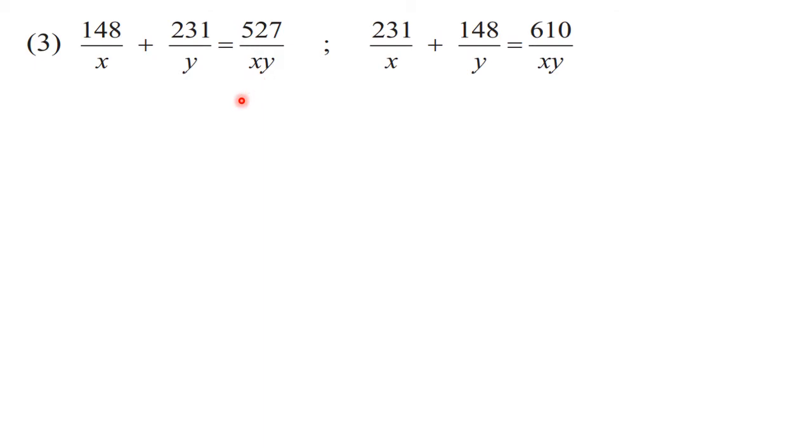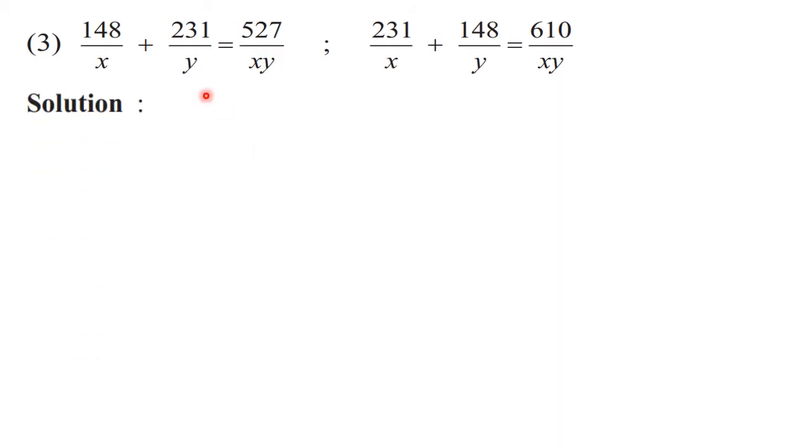So we cannot go for direct substitution here. We have to follow another method so that we can simplify them. In short, we don't want this xy. We need to eliminate it. So let's see how to solve it.